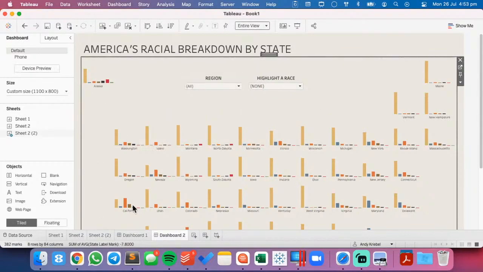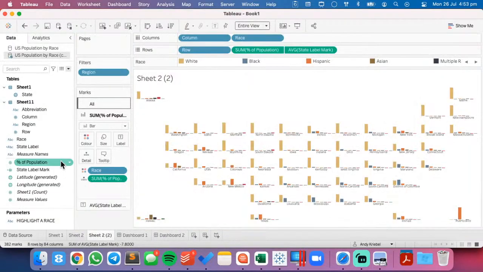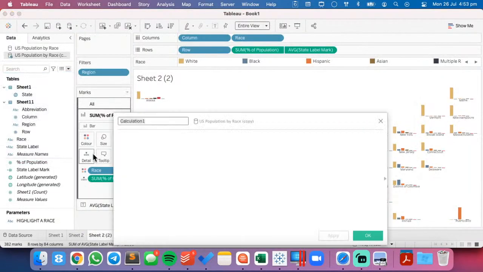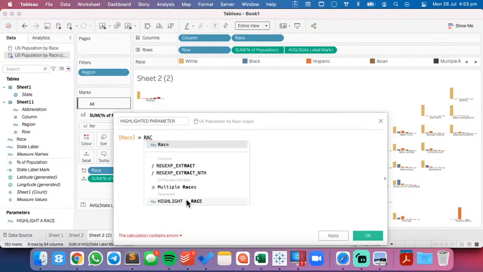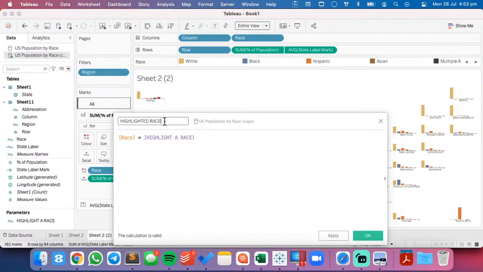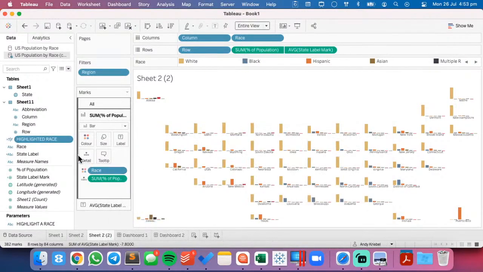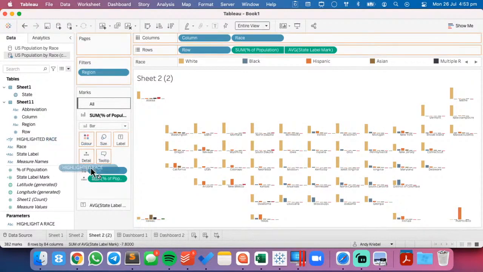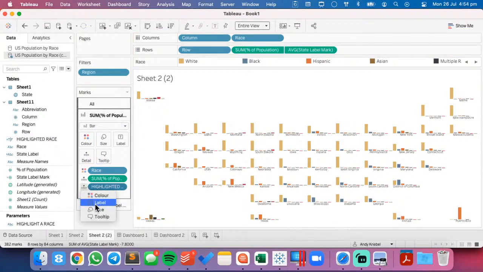Okay, so what I need to do now is I have that parameter, but I want them to be able to highlight the parameter. So I'm going to create another calculated field. This will be highlighted. So I'm going to say race equals race highlight. Okay, now on this color shelf, I'm going to add that onto detail, and then onto color, but I think